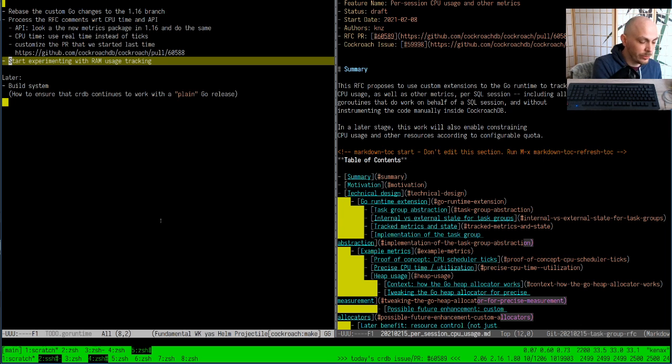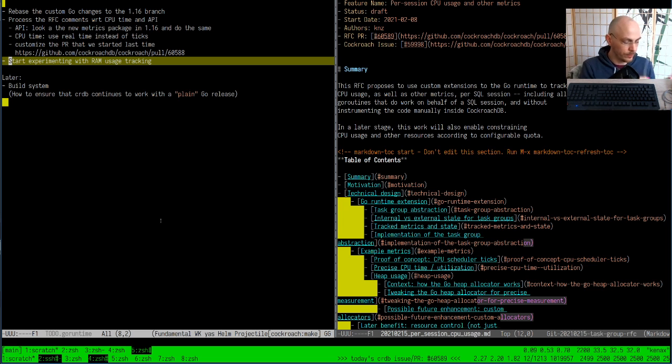Is there a way to make CRDB continue to work without it, even maybe without all the benefits of the custom extensions, as a way to test and maybe get confidence that we didn't break everything with our own custom patches? The answer to this is, yeah, well, that needs to be researched, but at this point, we are still exploring what is possible with custom Go extensions, whereas the build system questions are really more integration, practical, and engineering questions, which are going to cost us some time. It's not trivial, obviously, but does need to happen